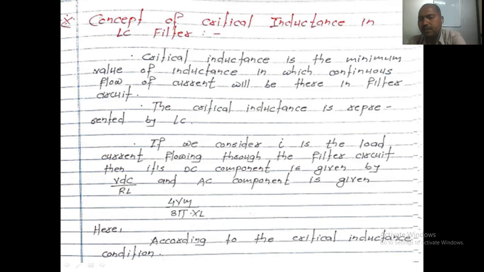Normally critical inductance is the smallest type of inductance which causes whatever the current flowing through the devices to be continuous in the filter circuit. That is the definition of the critical inductance. Critical inductance is used for the purpose that whatever the current flowing through the output filtering circuit should be continuous. It means that to make the flow of current in the circuit continuous, we need the inductance. That inductance is called critical inductance.